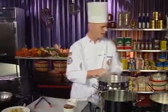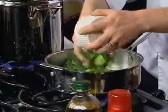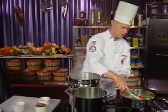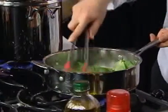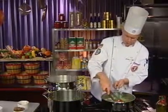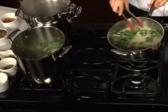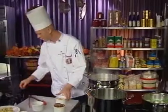We're going to go ahead and add our spinach in. Just a little fresh spinach. Get that nice and wilted down. A lot of good flavors, a lot of good colors. All right. Now we're going to add in our